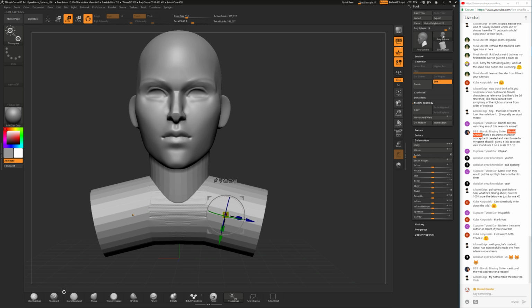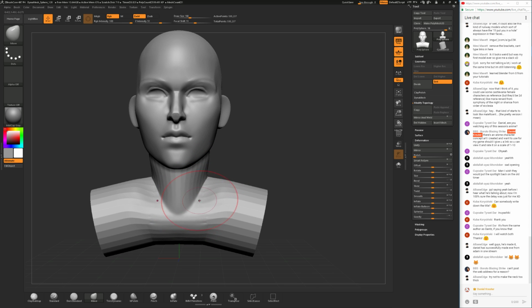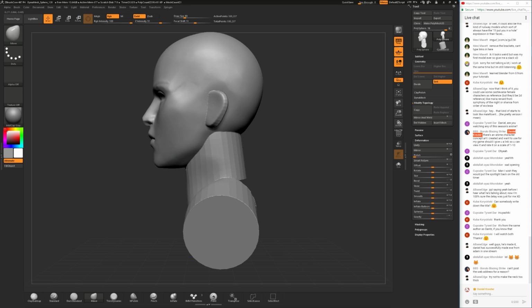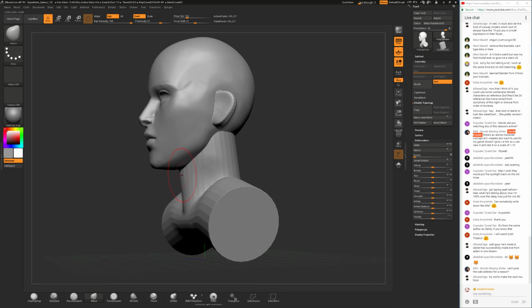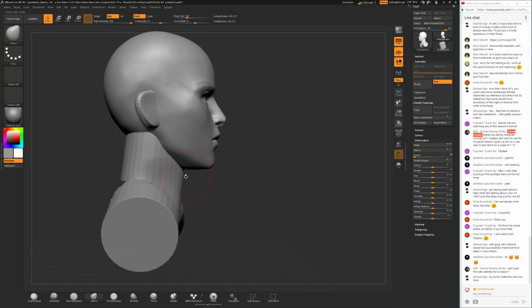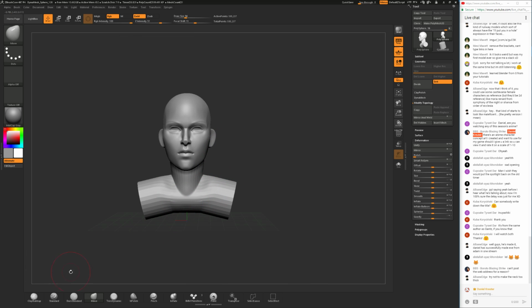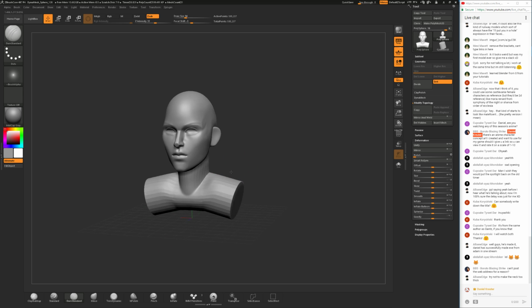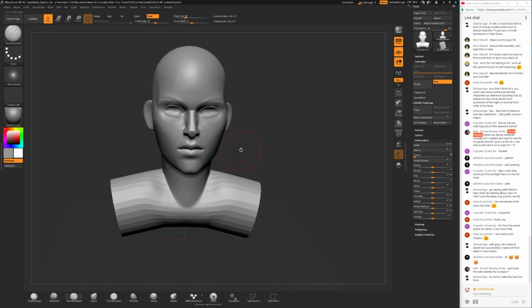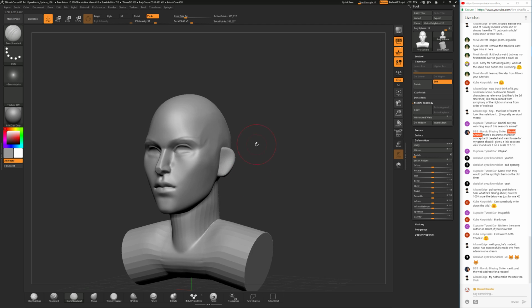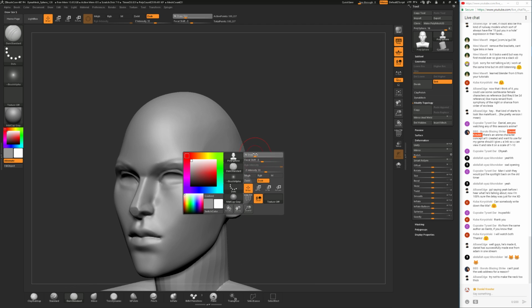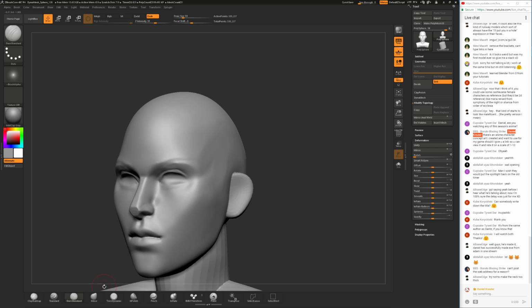So let's use Dynamesh, and now I can work on it. I also wonder how the character would look if I actually had hair, because we're so used to seeing all female characters with long hair or some hairstyle that is typical, and the same, of course, the opposite way around.